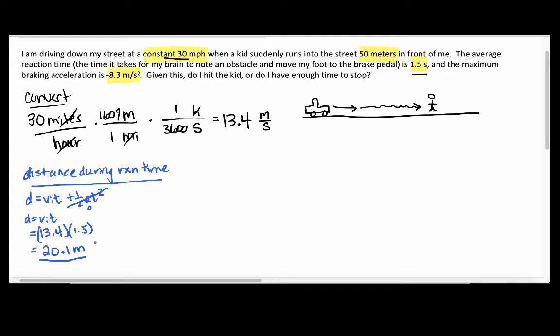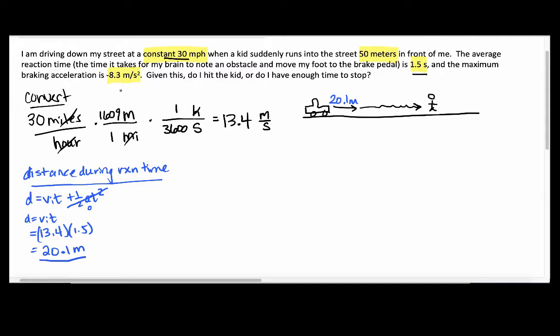So while my brain is reacting, I'm going to move 20.1 meters. And the kid is 50 meters in front of me, so I haven't hit him yet. So let's see how long it takes for me to stop. Once my brain processes it and I start slamming on the brakes, I can get a maximum negative 8.3 meters